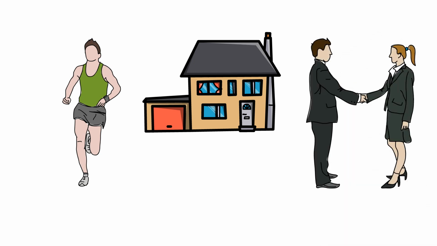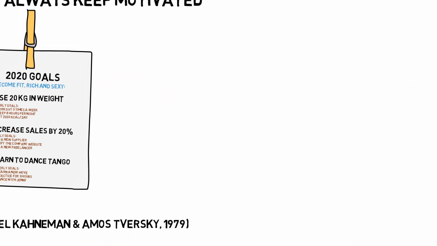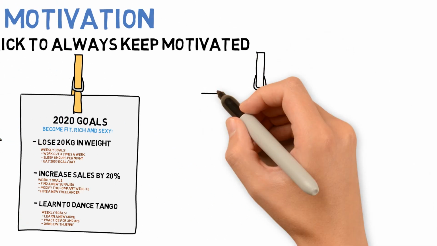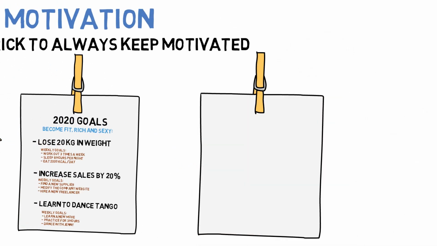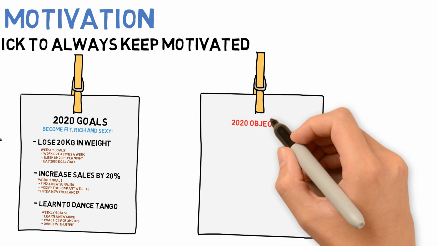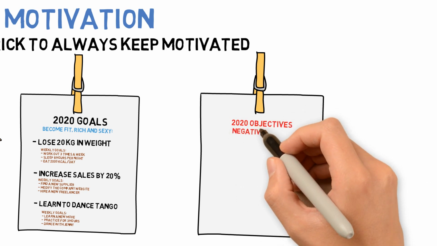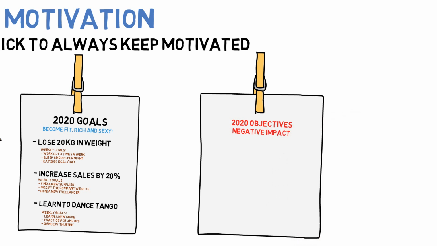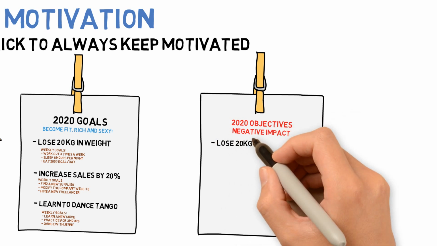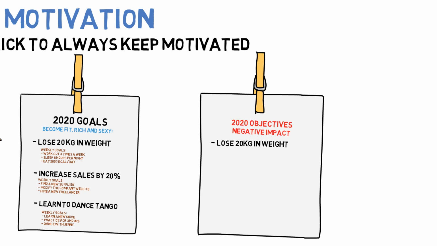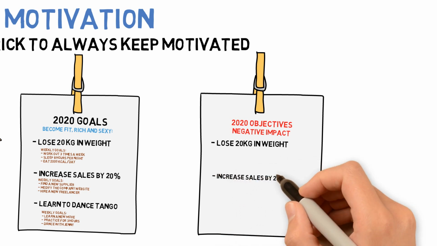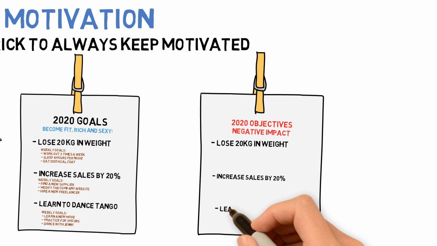Now, let's turn to the piece of paper upon which you wrote your goals, and alongside that, have a blank piece of paper. If, for example, your goal was to lose 20 kilos by going to the gym 3 times a week and by following a healthy diet, on the completely blank sheet, write what you could lose if you continue not training yourself by living a sedentary life and by eating unhealthy food. Concentrate not on the benefits, but the losses.